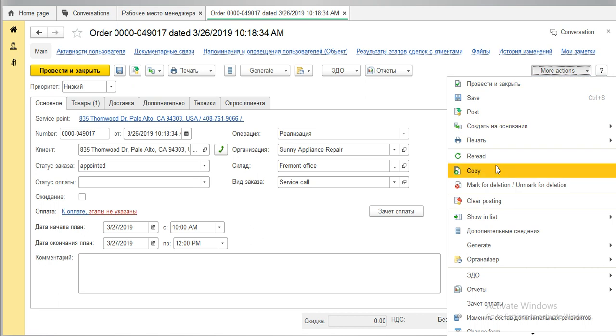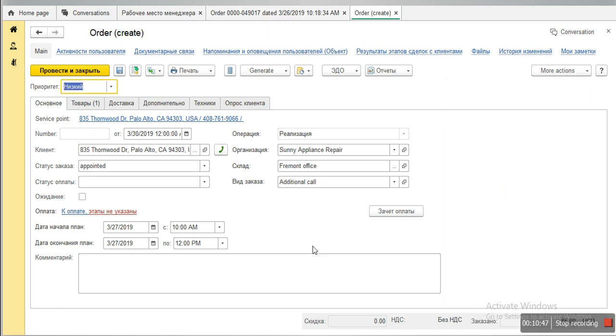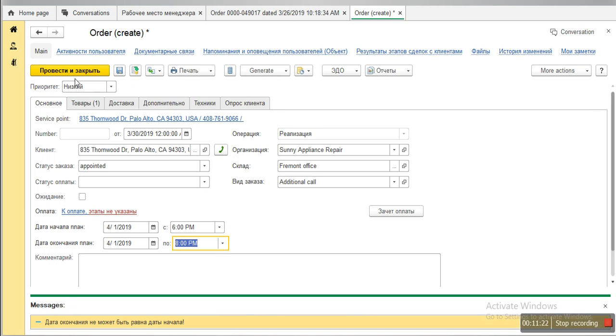We click on more actions, we click on copy, and see, it has already come. The very same thing, just two differences. Look, there is no number, there is no ID. Every job has its own ID. It's a 5-digit number and it's not repeated anywhere. So it's not created yet, and it will be created as soon as I click save. And then you see it's service call here, and here it's additional call. So it comes automatically. Here you have to change the date and the time,